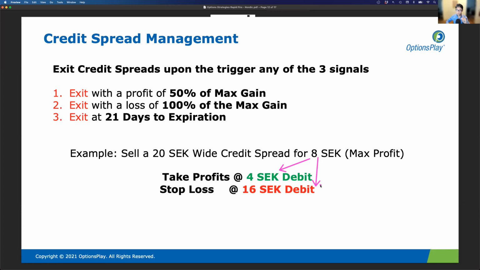But there's one other rule that you have to pay attention to. Sometimes you sell a credit spread and the trade gets to 21 days to expiration, but it doesn't hit your stop loss and it doesn't hit your take profit. If it reaches 21 days to expiration, you still want to close out your trade, even if you haven't hit take profit or stop loss. And this is all to avoid early assignment, because if you hold these trades to expiration, you have a much higher risk that the short